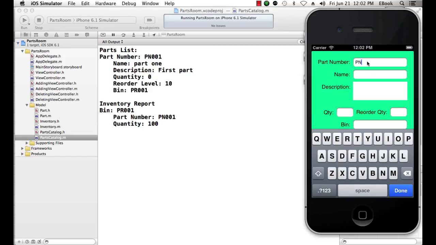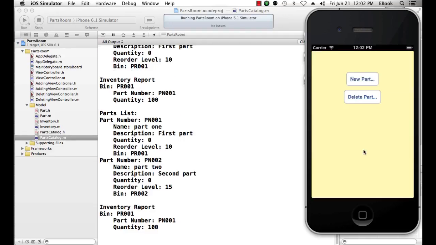So this is PN002. Part 2 is our second part. The description is second part. And now this one's not in inventory, so let's just put a reorder quantity of 15 on that. And we'll put that in bin parts room 002. And then done. Okay. All right, now, in our second listing, we have two parts, PN001 and PN002, but only